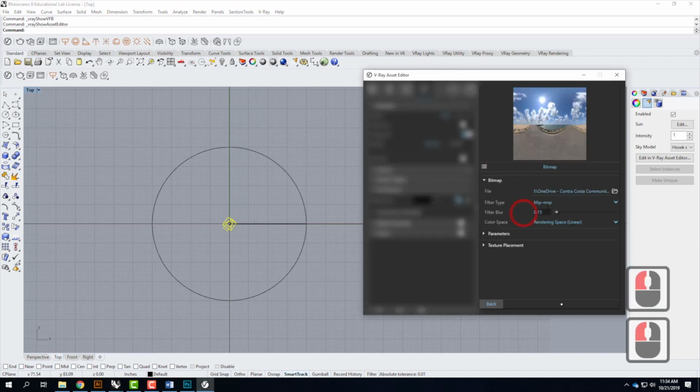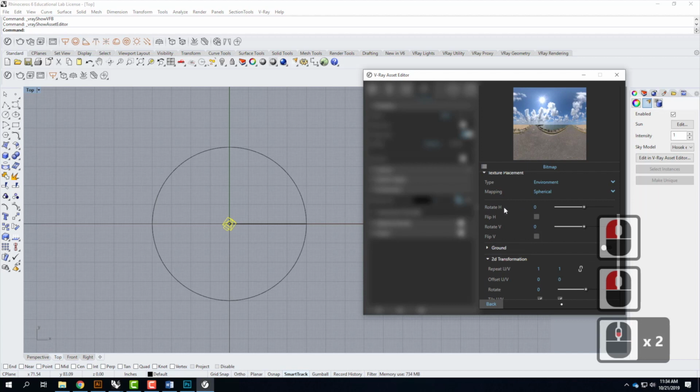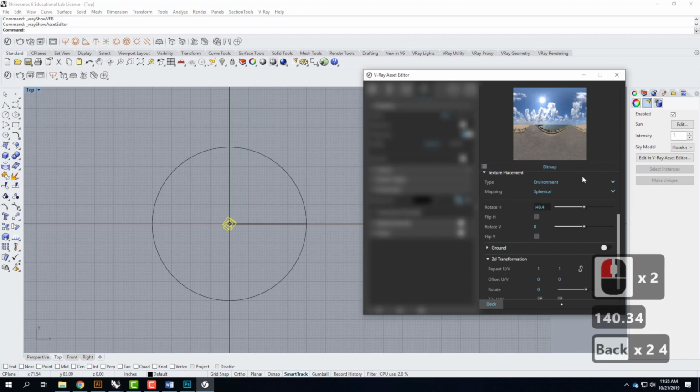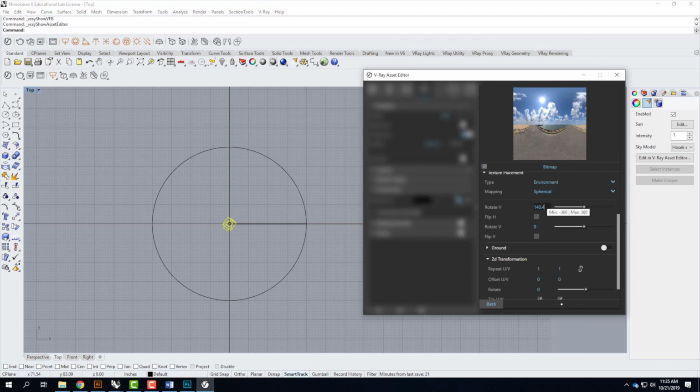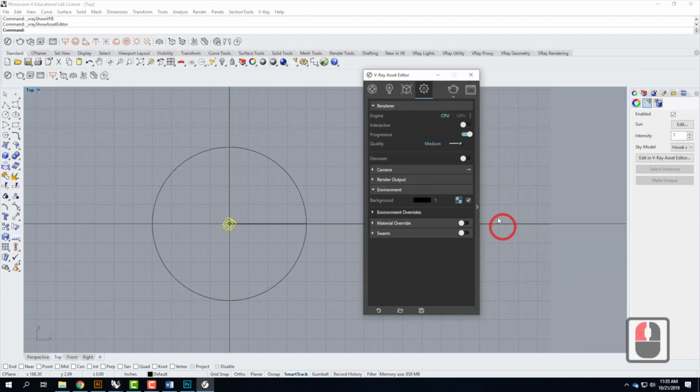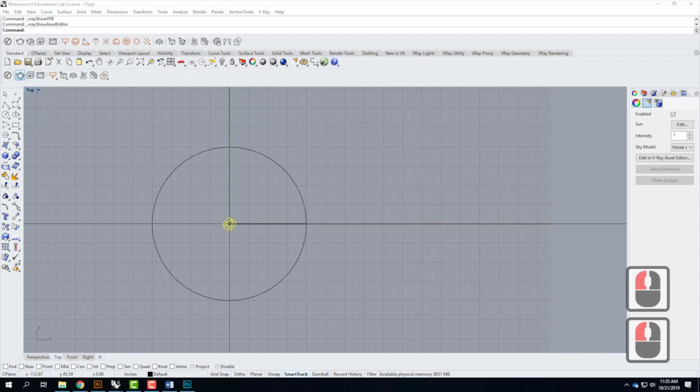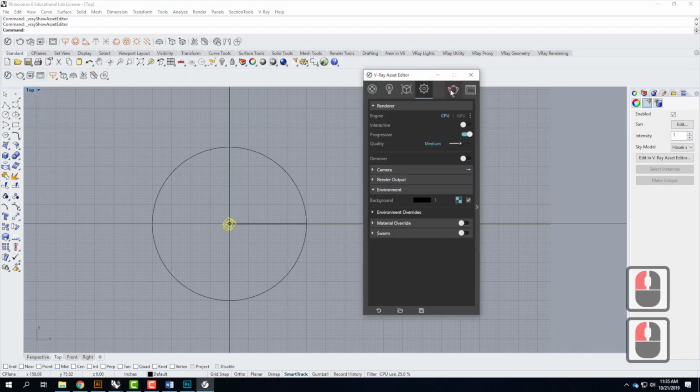I'll click on this. Under Texture and Placement, my Rotate H right there would be 140.4. That's what he's adjusting for from where the center of the image is. So I've rotated the panorama around that particular point. I can then go ahead and say back. And so when I went back to my render here,